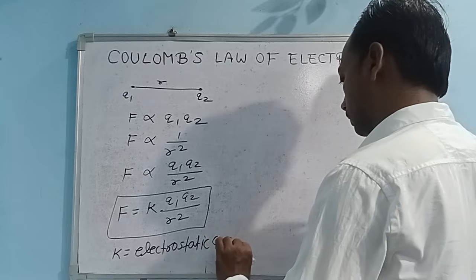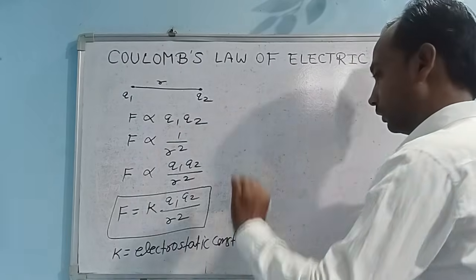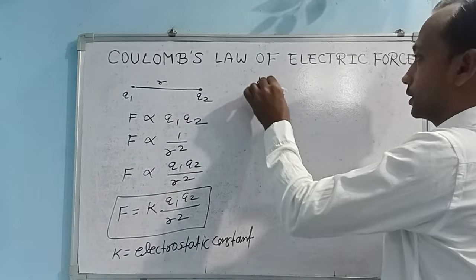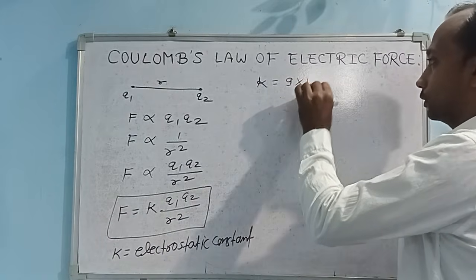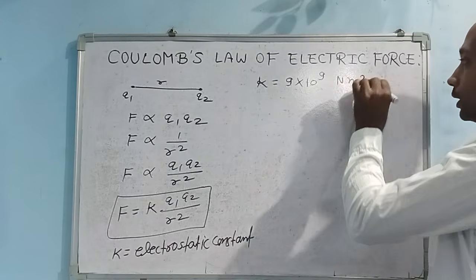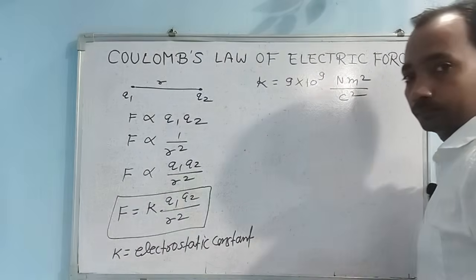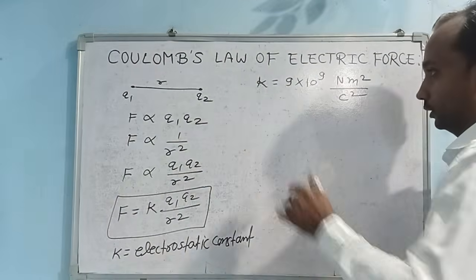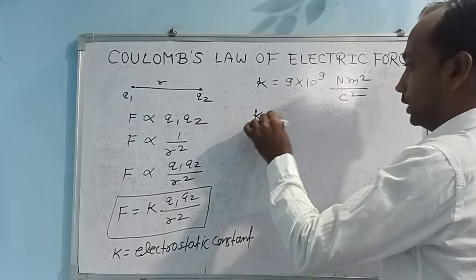The value of K is 9 into 10 to the power 9 Newton meter square per Coulomb square. And K is also written as